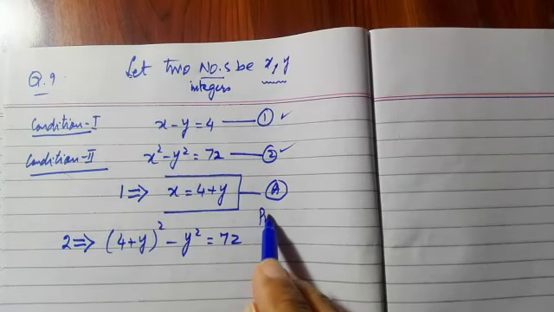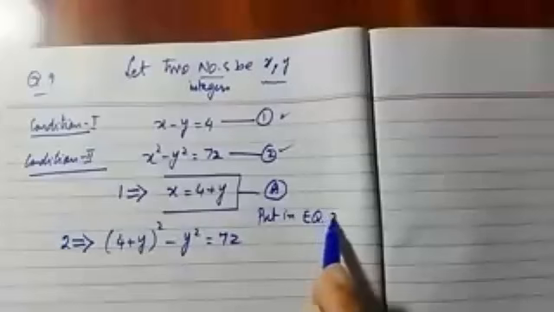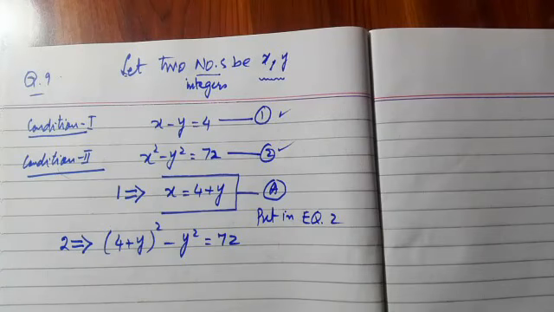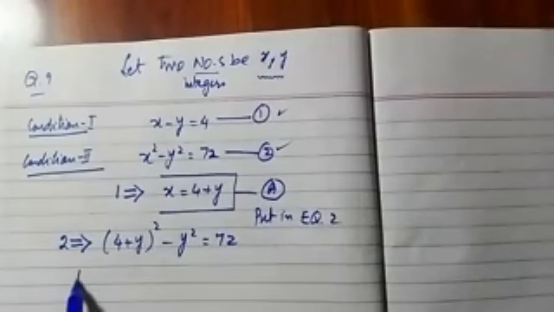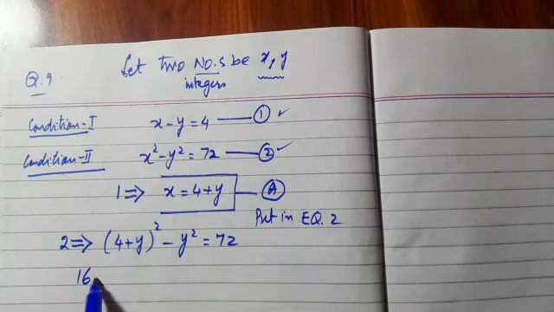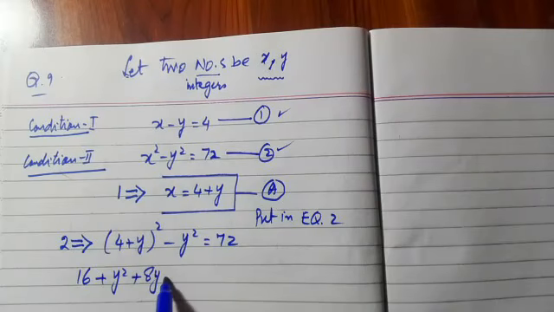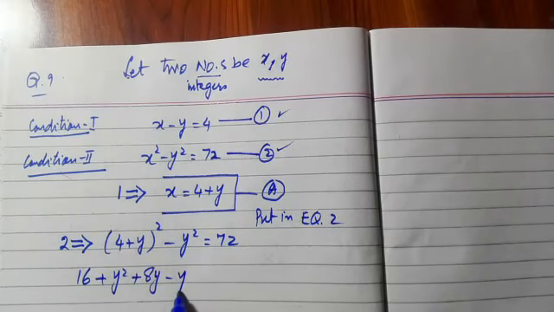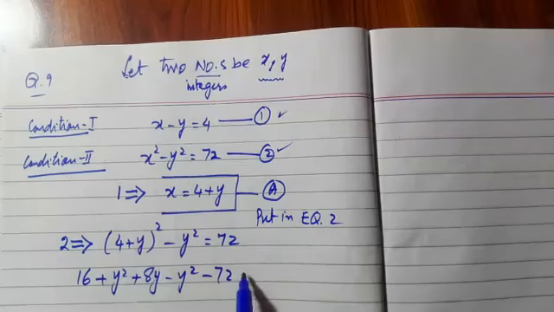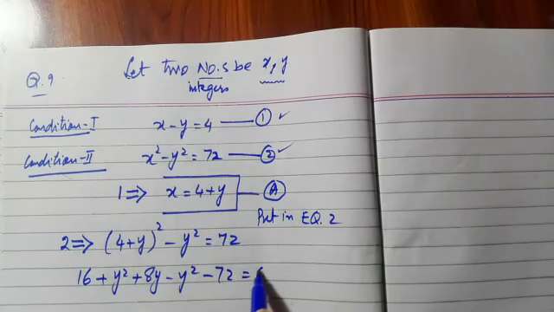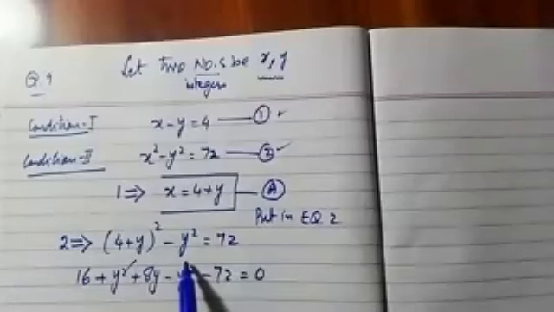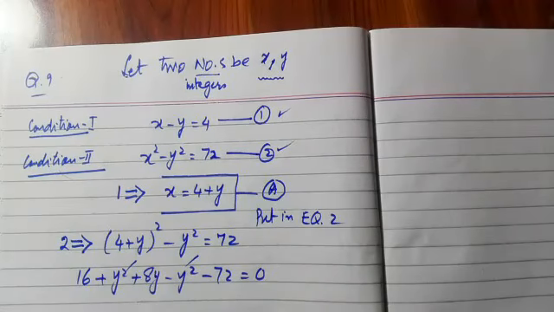I have derived the value of x in terms of y from equation number 1, and I have substituted it in equation number 2. Now this whole expression will be converted in terms of y. We will first solve by expanding the square, and then we will convert it into a simple equation in terms of y. So you will notice here that by expansion, y square will be cancelled with minus y square. And we are having only 8y